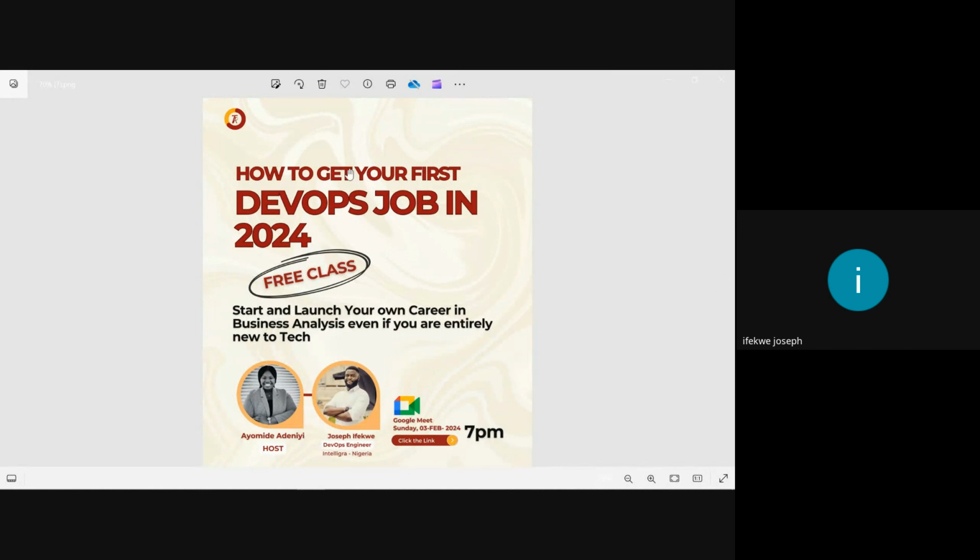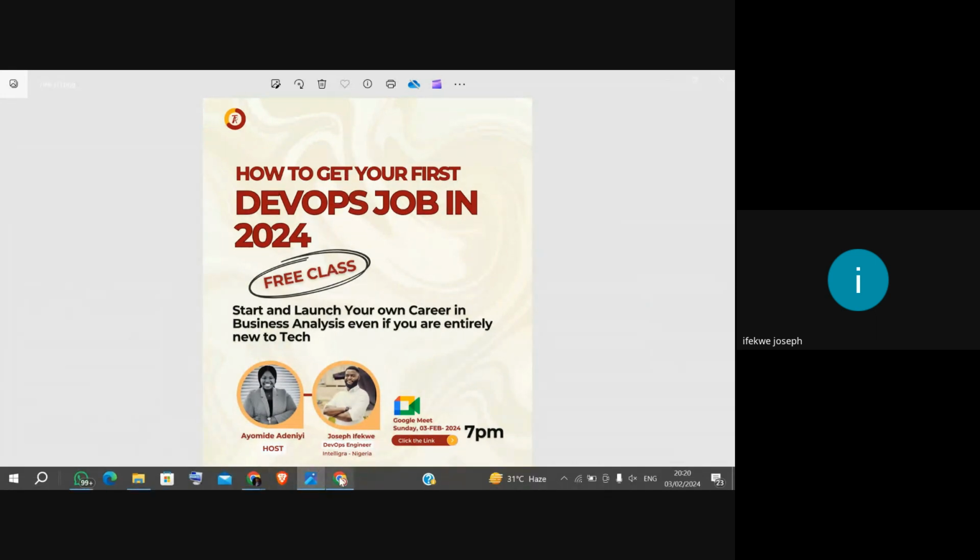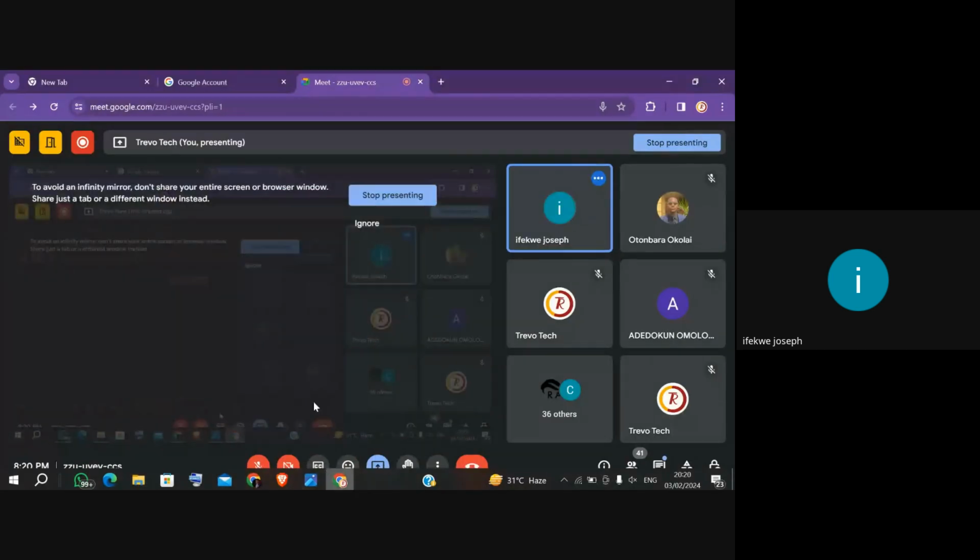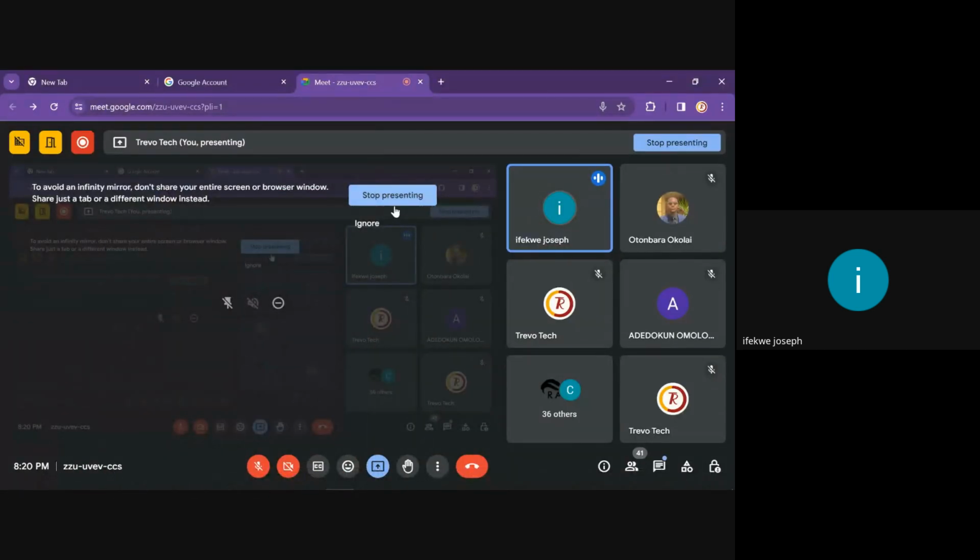That one is CKA. That's premium stuff. If you can pass that one, it speaks to your ability. Let me digress. Kubernetes is a container orchestration tool. For people that don't know what a container is, I'm still going to explain it.